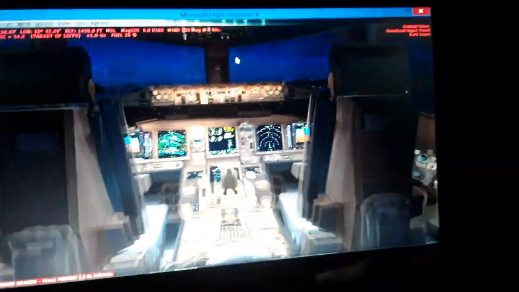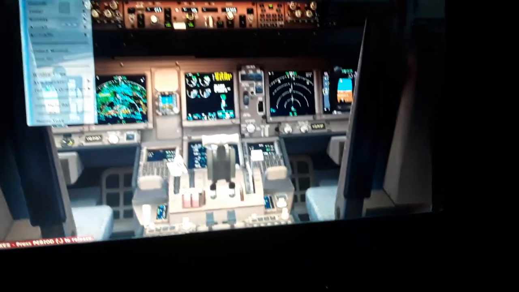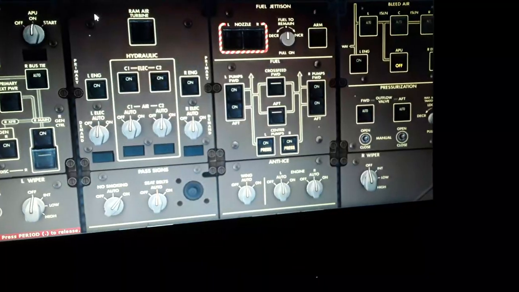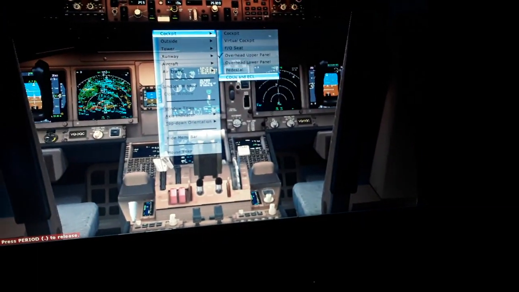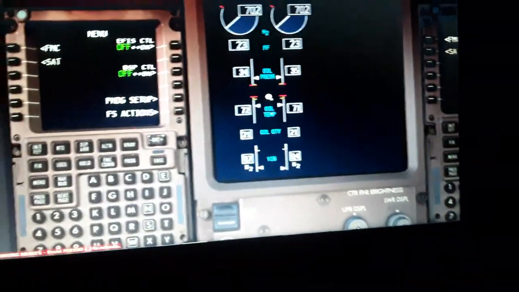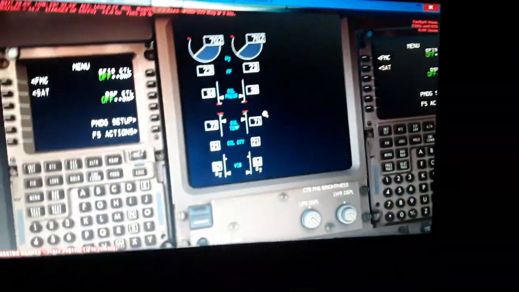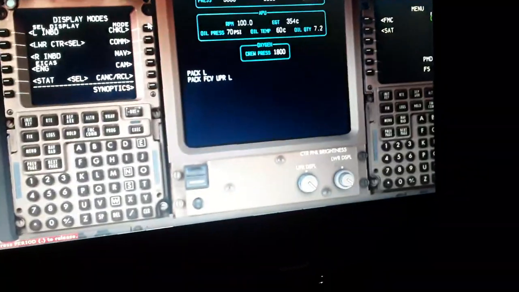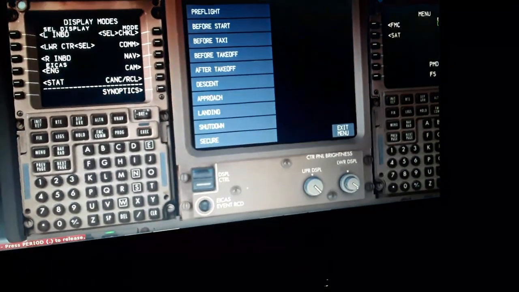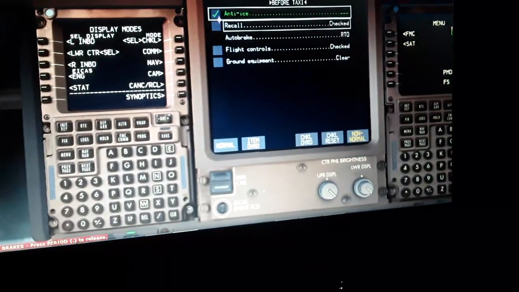Now we go over here, over to the lower panel. We have the CPU in this display, and we have maybe 4 more minutes for starting the flight. So display on. On the display, we have the engine, the status, you can see the APU is running, the hydraulics, we have the normal menu before start, what we need